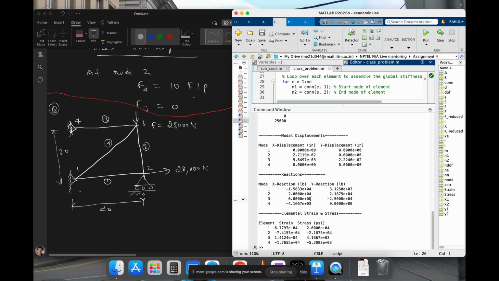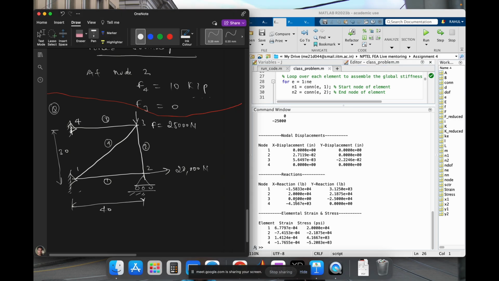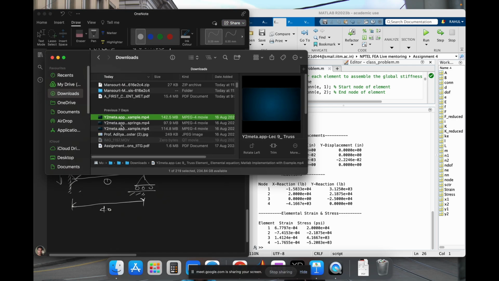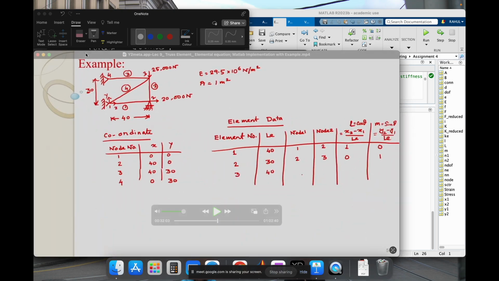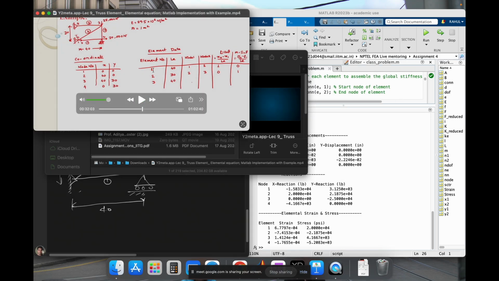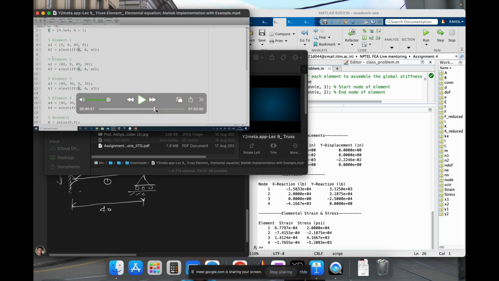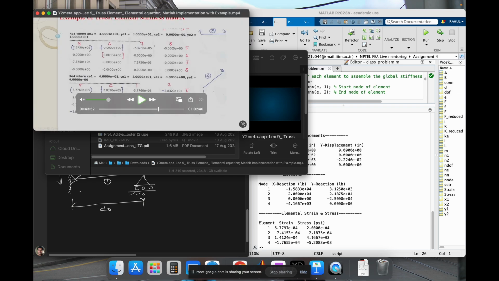Now if you talk about the reaction forces, there will be a reaction force for node 1, so that will be this. And for node 3, we can see there is no horizontal reaction, so that's why it is 0 0, and there is a vertical reaction, that is minus 25,000. And this is the stress and strain. Now we can verify what result sir has arrived. Okay, so if we run,